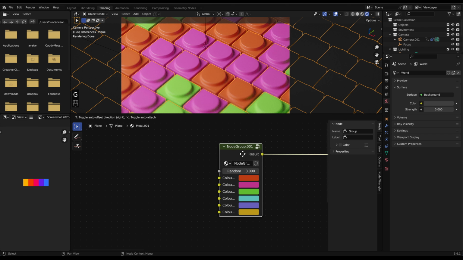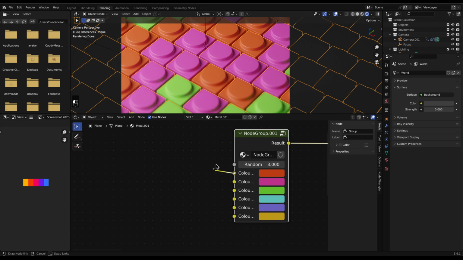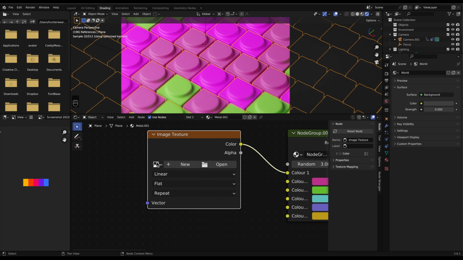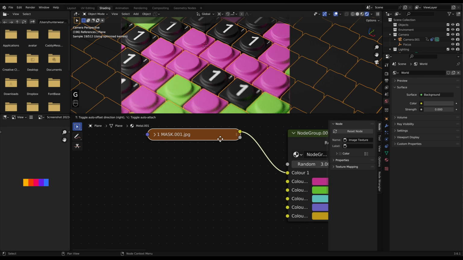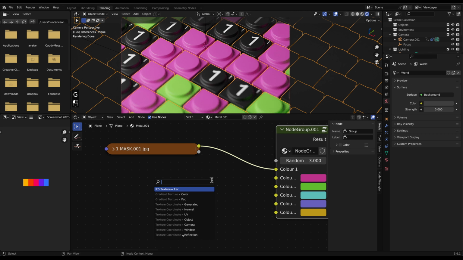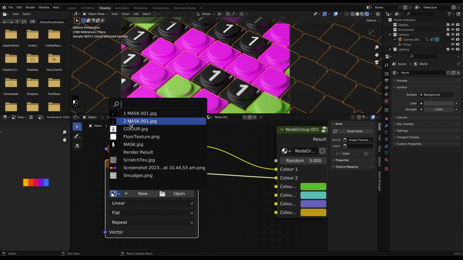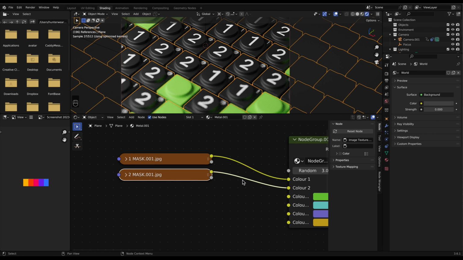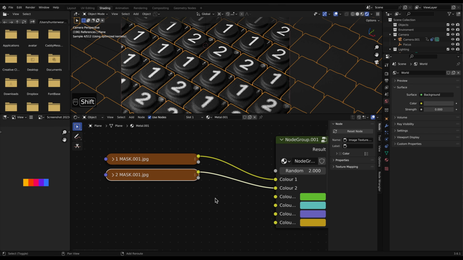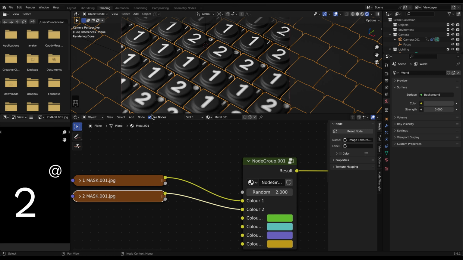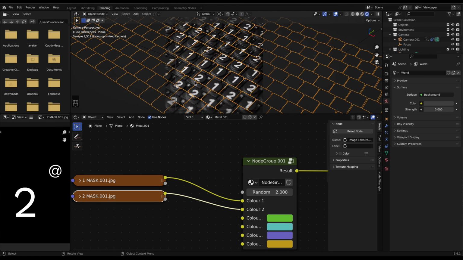Now we also have control over this, because now we've got what the color ramp didn't have, which is this here, which is the image. We can plug an image into this. So let's come here and grab mask 1. And let's come here and grab image 2 color. Let's grab this guy, image 2, and so now we've got 3 different variations because I've set it to 3, so let's set it back to 2. And we've got value 1 is image 1, and we've got image 2 as well, outputting.